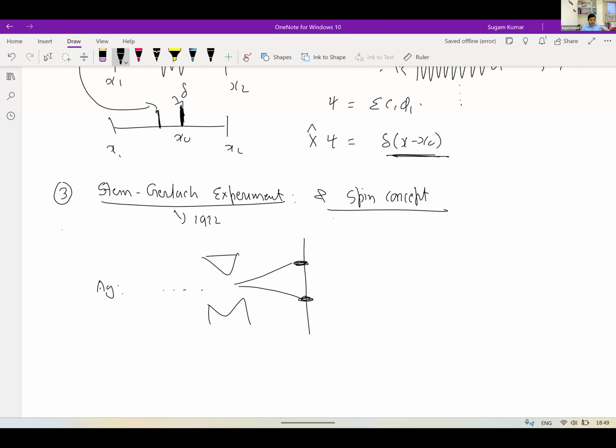Space is quantized. Okay, but when they calculated the separation by using the F_z, they figured out that